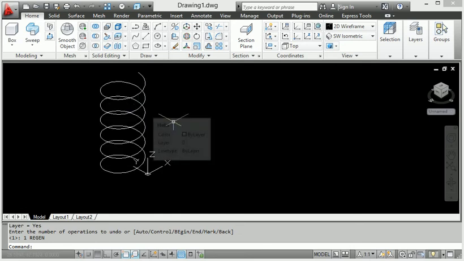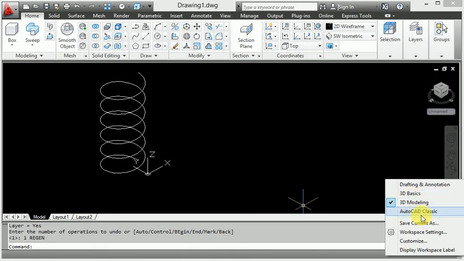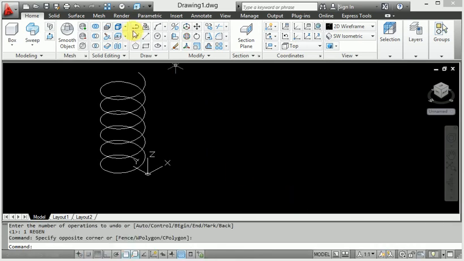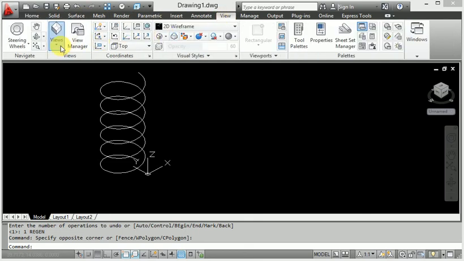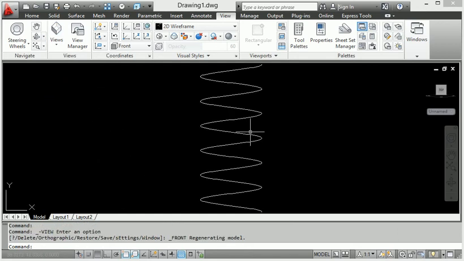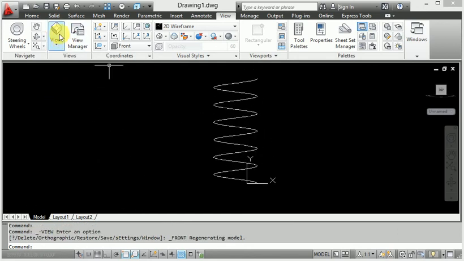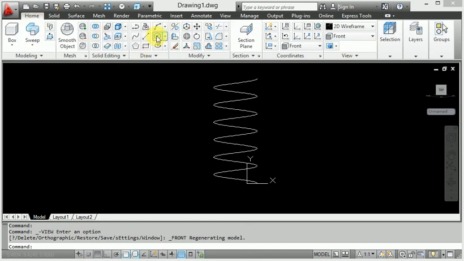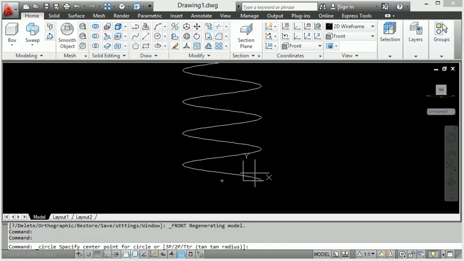This is the helix spiral, when I use it from here in AutoCAD Classic. So let's get the view. This is used for the front view, and also I have made this circle, using the circle from this point.